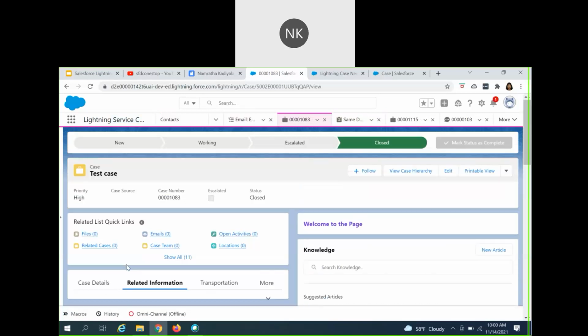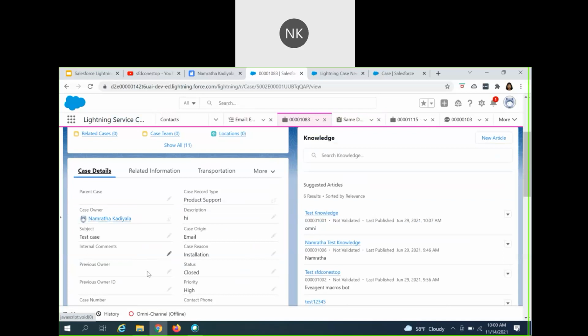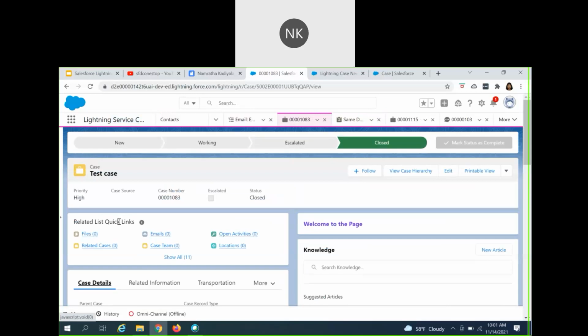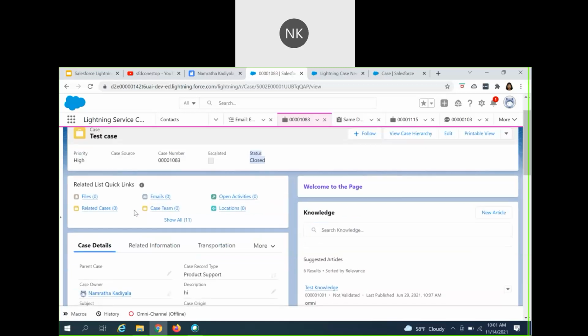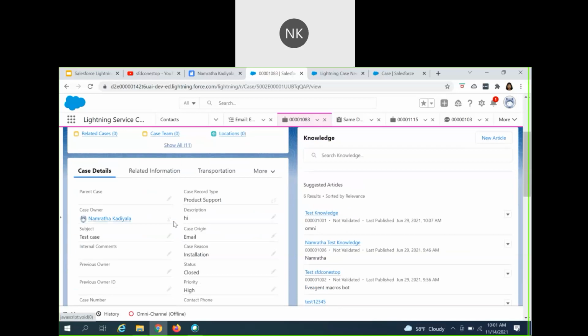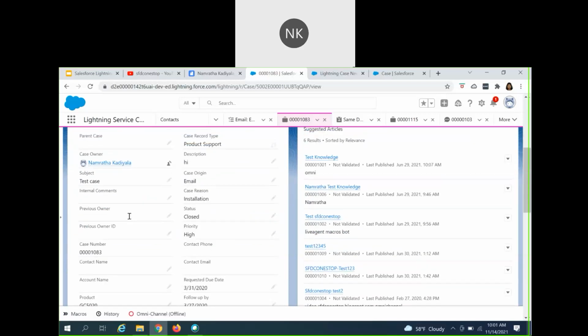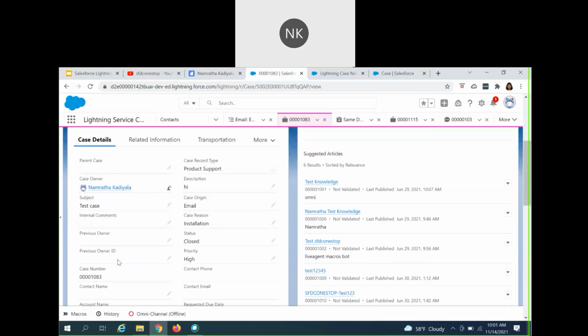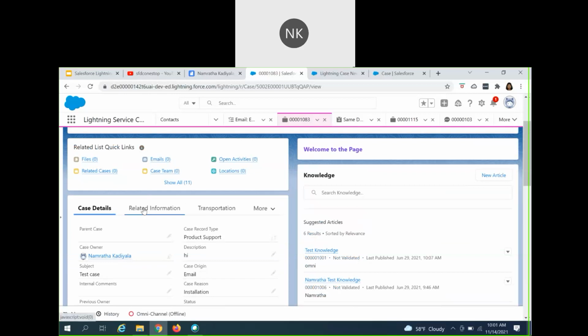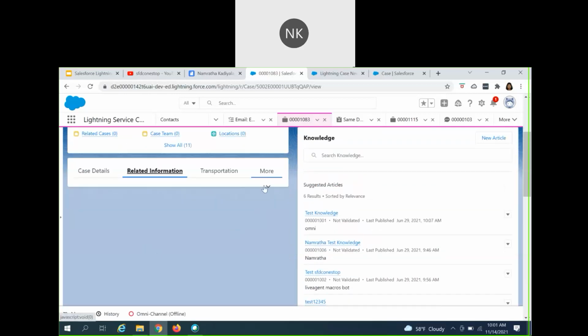Here you see what all information we have selected. All of this is visible over here. Priority, case source, case number, escalated. We have updated the status to be shown last. That is what is showing. All the related quick links are visible. There are a lot of things available. Related information, case details. This is the case page layout. That is main details. Related information,